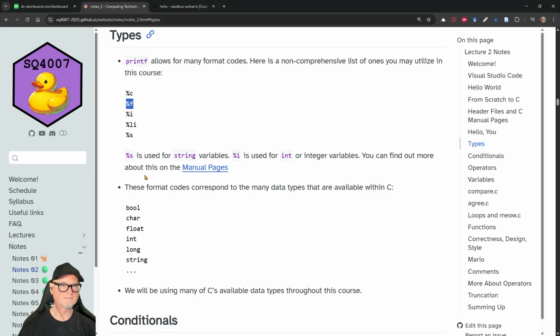Could be a floating point number. That's just a number with a decimal point on it. Could be an integer. Could be a long integer. There are several others. These are just the basics of a few of them. We'll use some of them in the assessments, and you can practice and read about those on the manual pages